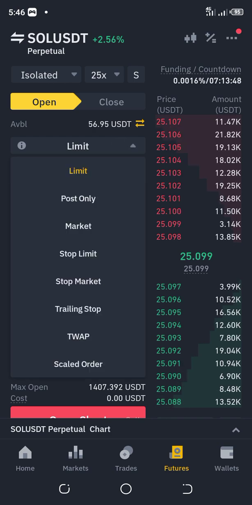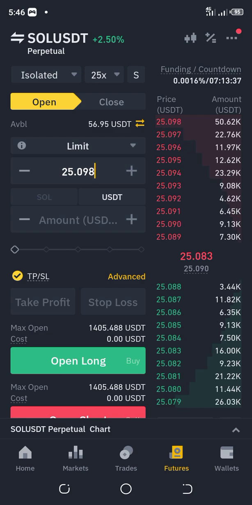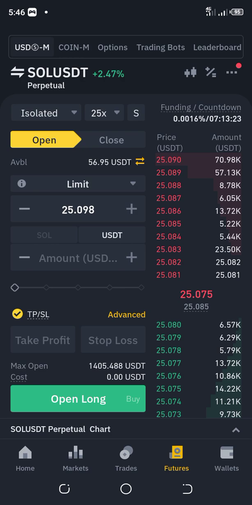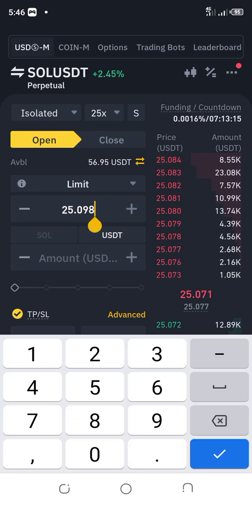Now we have the limit section over here where it says limits. I'm going to be explaining only limit and market in this video. Now the limit simply means you have a limit in which you want to buy a particular pair. If this is set to limit, and as you can see the current price of SOL USDT, which is our trading pair, this is the current price here, 25.076. Now if I want to set a limit and I don't want to buy at this current price here, I want to set a limit for me to buy. This is where I'll come to this section over here to select. Let's say I'm waiting for the price to drop to 25.00,